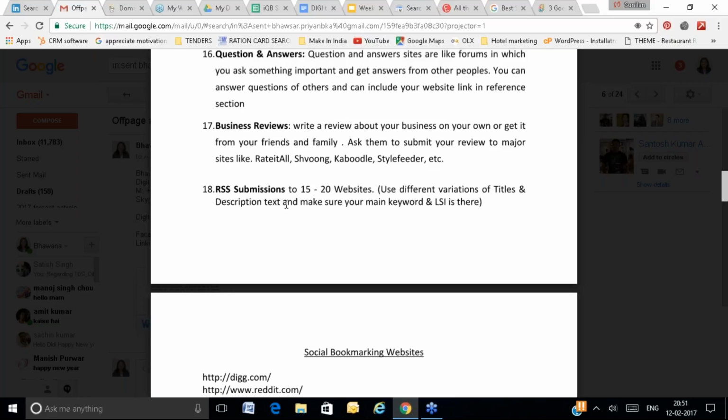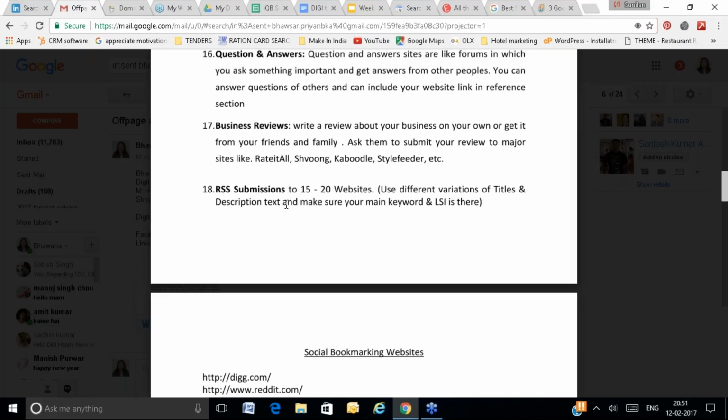So you are going to find those RSS sites. First you will create the RSS feed URL, and then you will submit that URL to all the RSS submission websites. An RSS feed URL is a page which gets automatically updated whenever you upload new content on your website. So if someone has subscribed to your RSS, they need not visit your website regularly.